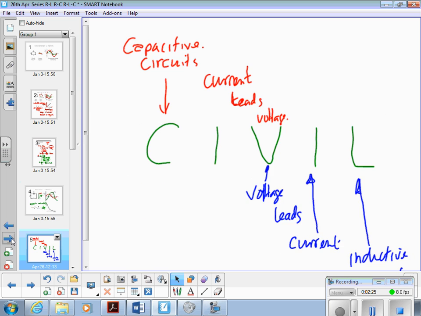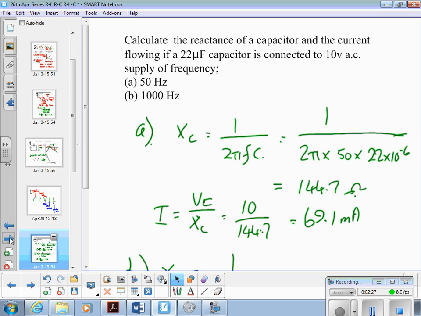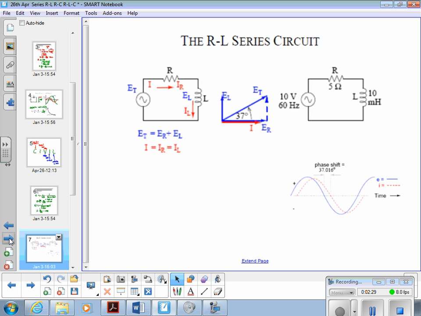So, what I want to do now is look at what would designate real circuits, and that's where we take into account the resistance of the inductor, or we've got some series resistance. So we've got R in series with an inductor L. If we take the current as being, the current in a series circuit is the same for both components, I've got that in red there as being the current